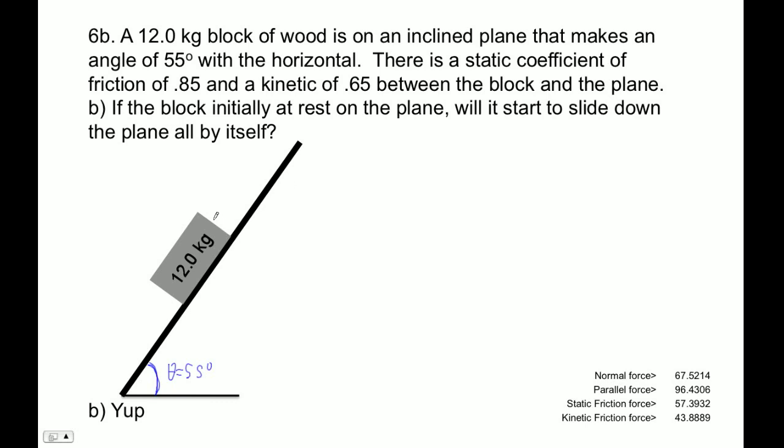Okay, so basically, if we look at the plane here, the force acting down the plane, trying to make it move, is our parallel force, which we figured out was 96.43 newtons. Okay. The force opposing it can get only as big as 57.39, okay? So at the moment that it breaks free, that force just goes, it's not enough. No es suficiente, right? So it will not hold that thing on the plane, right? So because